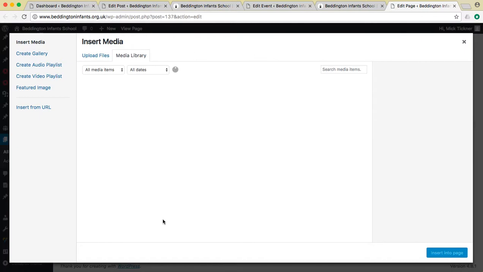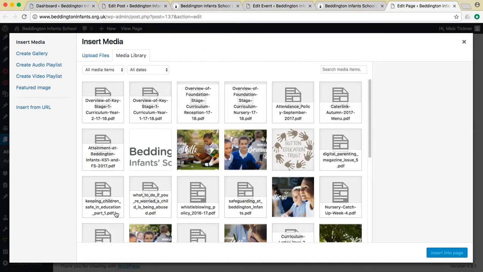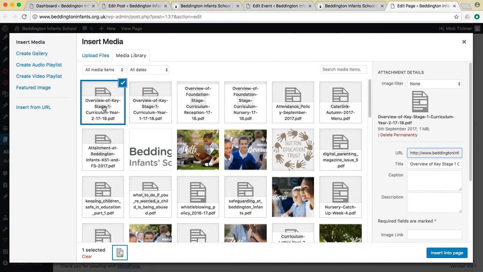So if the document is already uploaded, it will already be in here, so you can put it on multiple pages. For example, we've got the overview of Key Stage 1 Curriculum Year 2, 17-18. If we click on that, it opens up our little details here. If we didn't want to call that that, because it's quite a long name, if we wanted to call it just Key Stage 1, we can do that. Click Insert into Page,